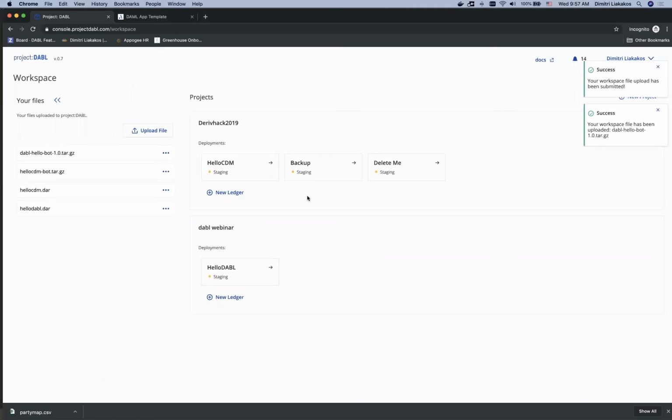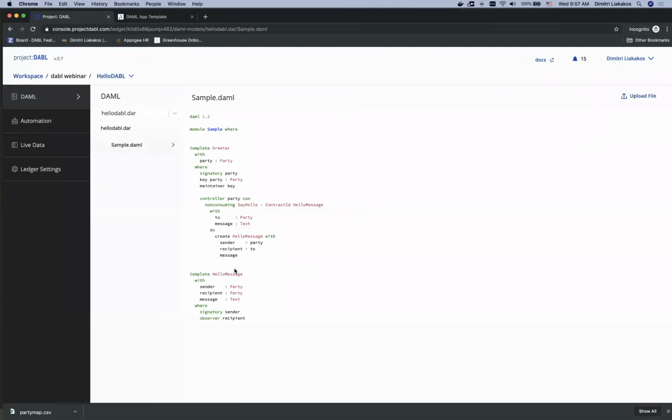Great, I get a success message, and just as I deploy the DAR, I'm going to deploy the bot on the ledger. Drag and drop. I also see a deploying message. Same thing is happening here. The bot gets unpacked. It gets stored in the proper directory, and it gets initialized. So if I go back into my ledger and check the live data,